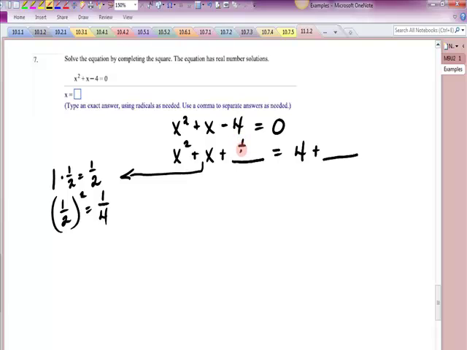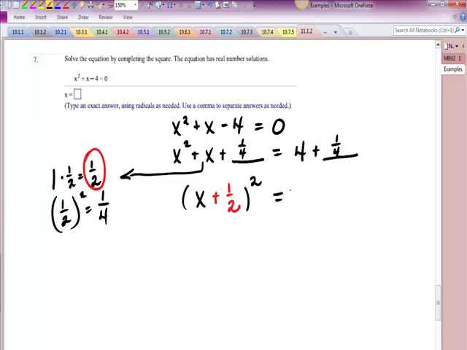I need to now square that, square the top for 1, square the bottom for 4. That is 1/4 there, and 1/4 there. I have created a perfect square trinomial on the left. And its factors are x plus 1/2